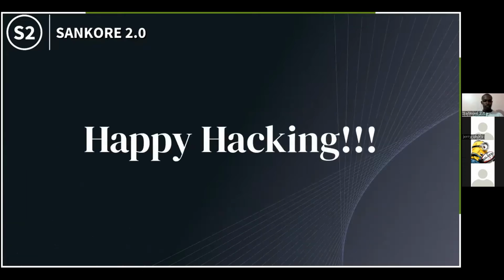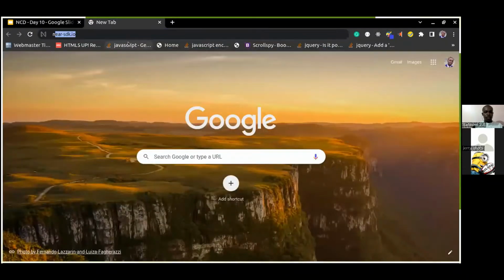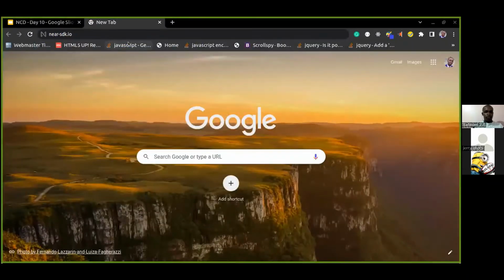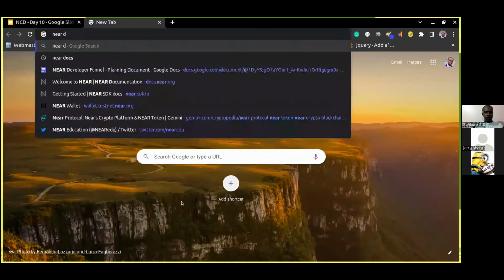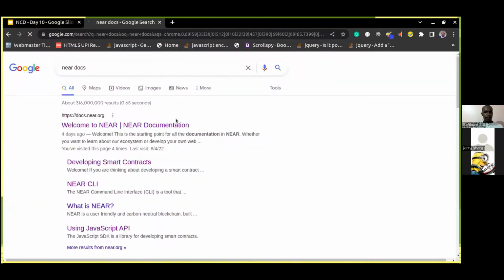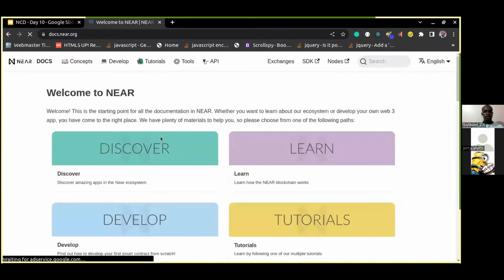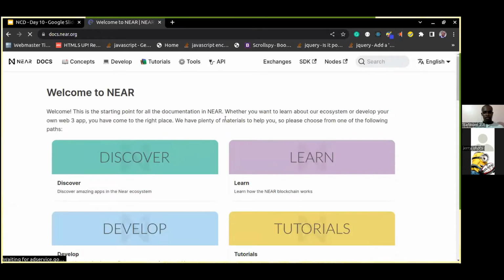Okay, so let's just take this away. Now, maybe as that loads, let me head on to my browser. We're going to search for near docs. So let me click on welcome to NEAR documentation, the main page of the NEAR documentation, that is. And right here,